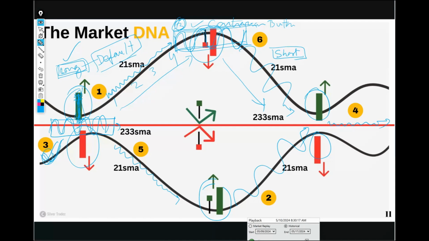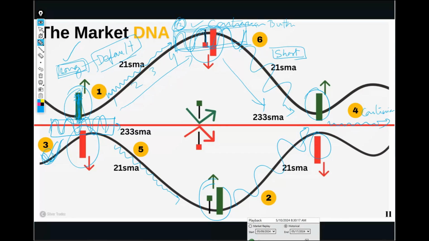Just learn the default strategy, and when you have understood it, you can play with the contrarian strategy as well. The contrarian strategy is for market condition number three and market condition number four. You can use contrarian. So these are the two most important ones. The single most important is the default strategy, and the